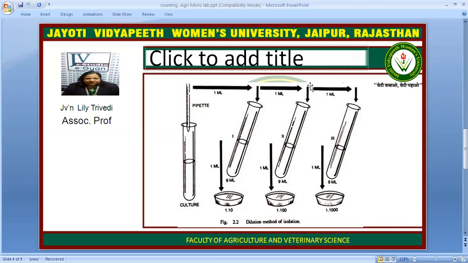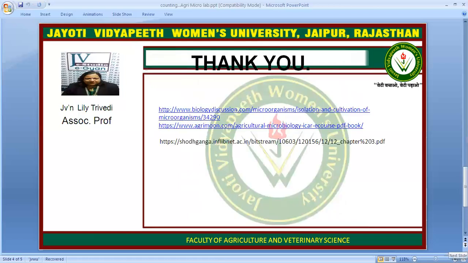Now these are the basics. After we get the colonies, we will identify them and count them per plate and accordingly multiply them with the dilution factor we have used. All these details have been provided to you in the e-manual of this experiment, and I hope you will look further into it. These are the few references which I have considered.